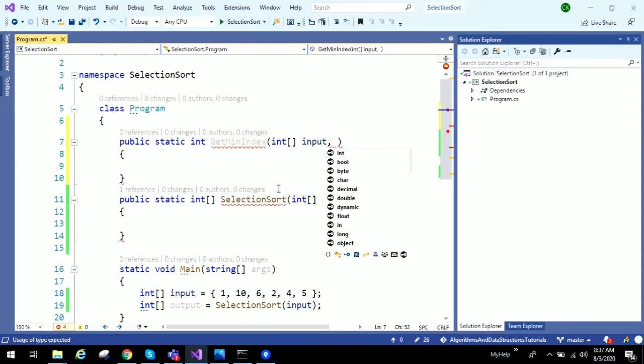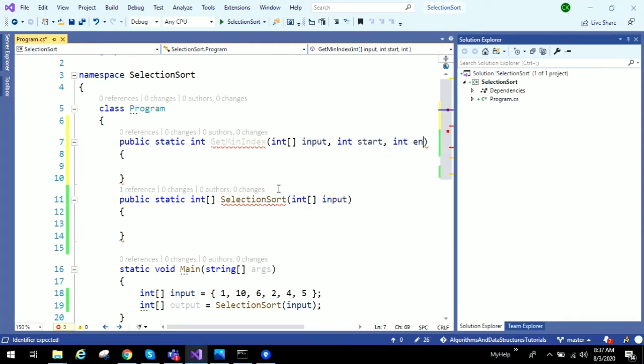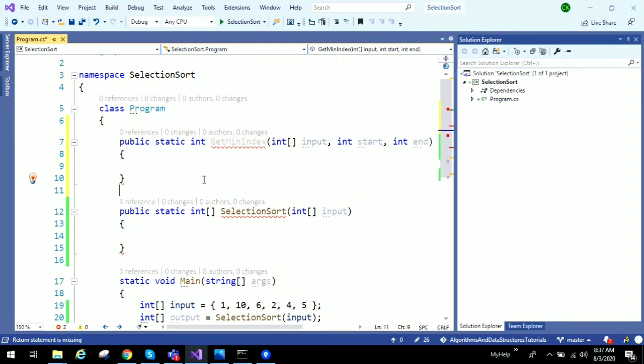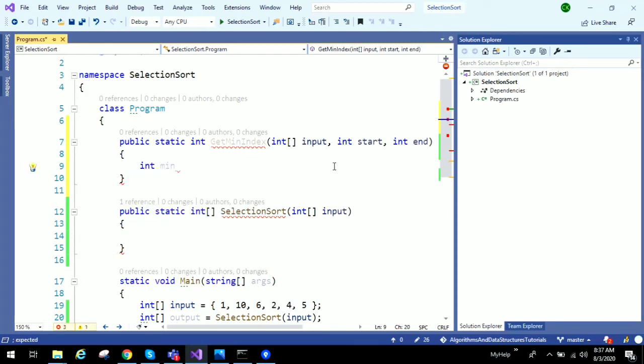identify minimum. Initially the starting index will be 0, and end index will be the last index of the array. And first I will take starting element as a min index.